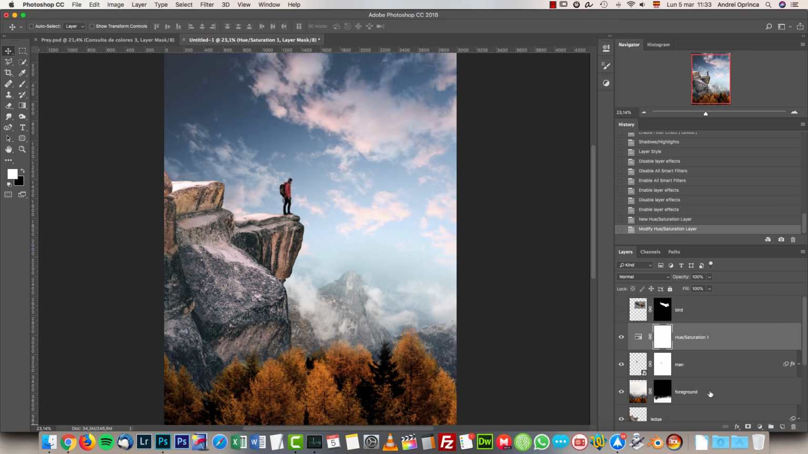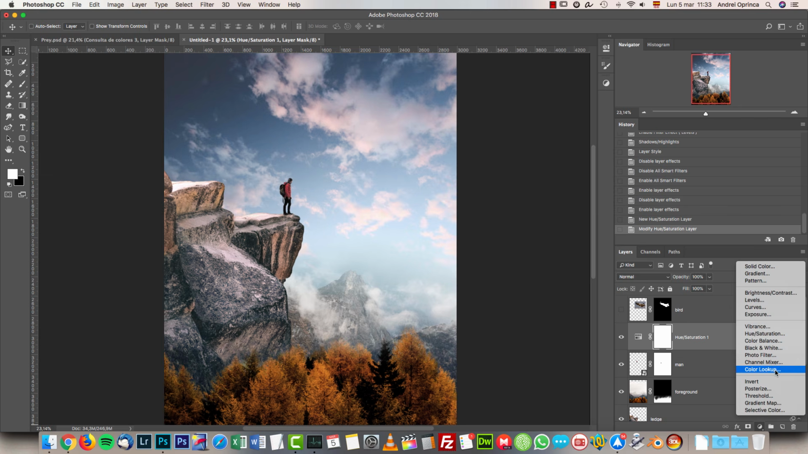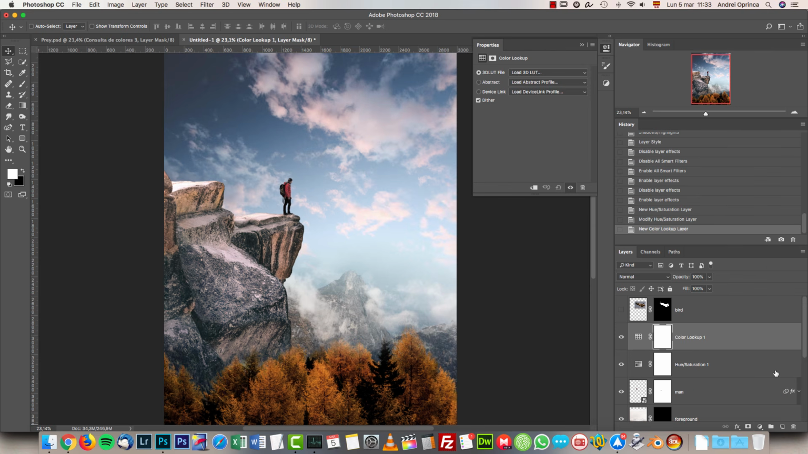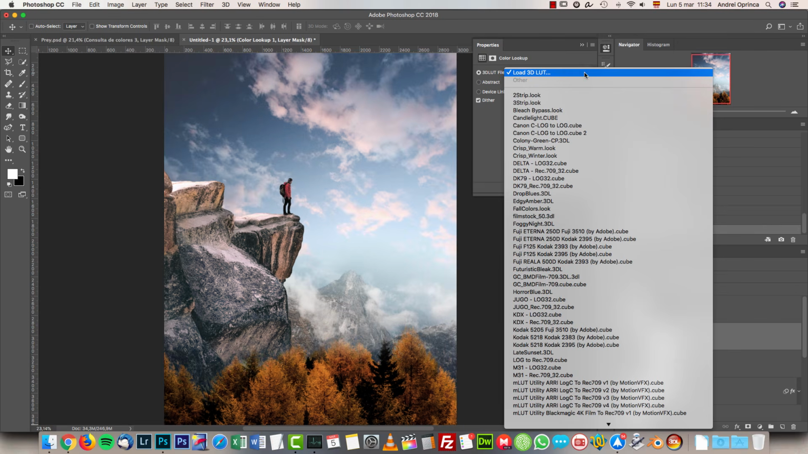Next, I'm going to add a color lookup. Here you will need Photoshop CS6 at least, because they introduced the color lookup adjustment in Photoshop CS6, and if you don't have it, you will not be able to use it. And here just click the first drop down and click load 3D LUT, and